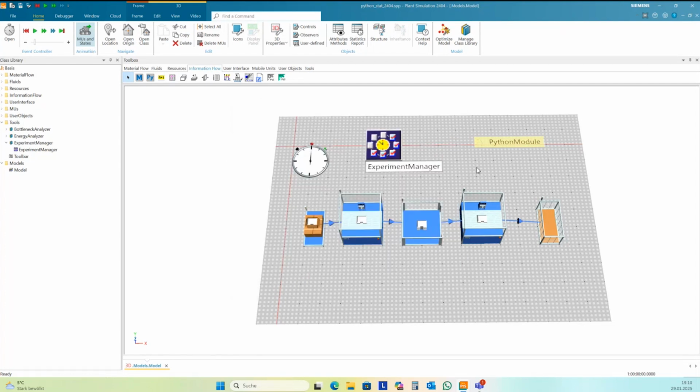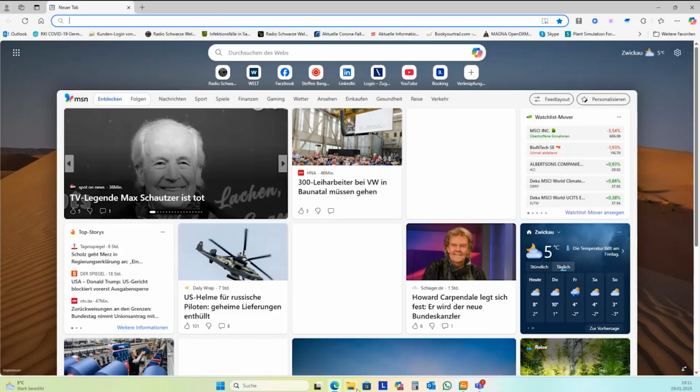But one advantage of Python is it's really all the large language models, AI models out there are quite well trained for Python. And so we can use AI to create most of the Python code. I try this with a lot of different large language models. For today, I want to use one European model, and this model,